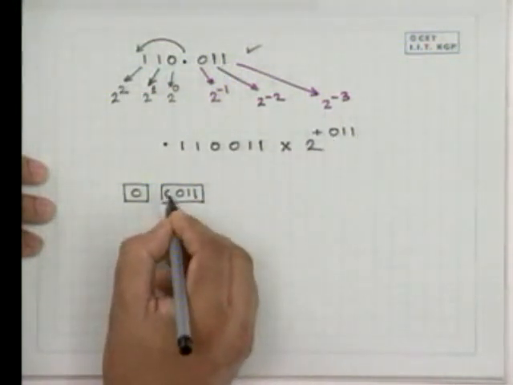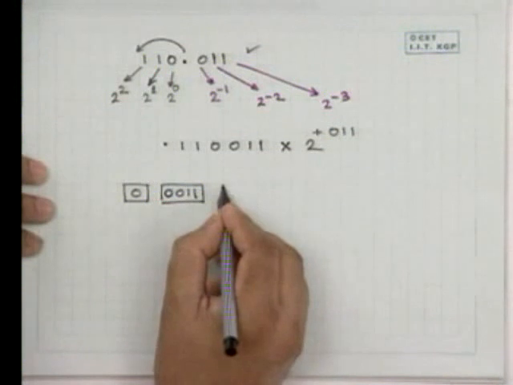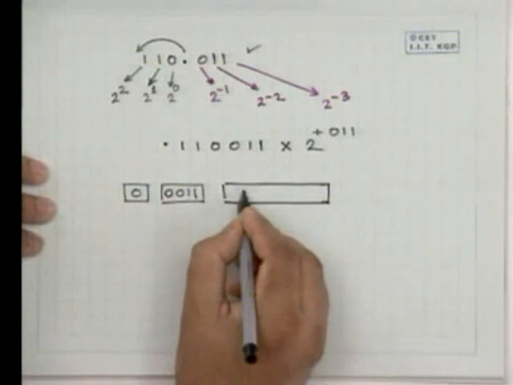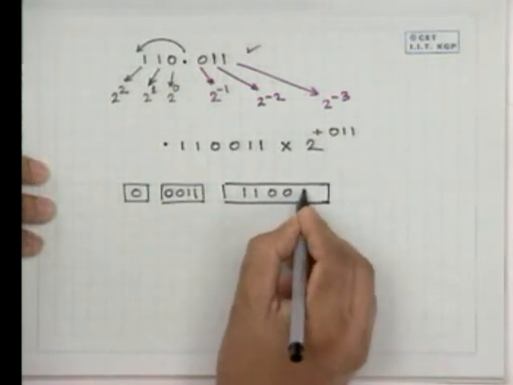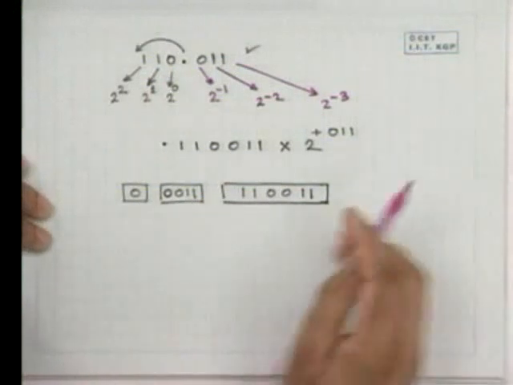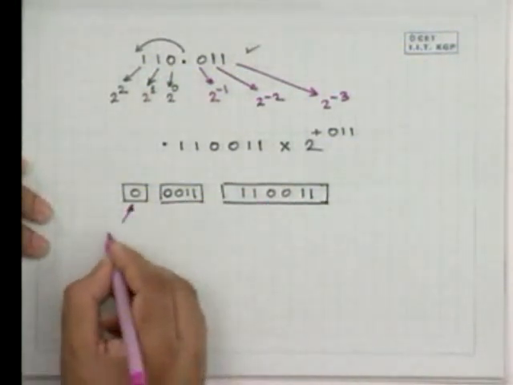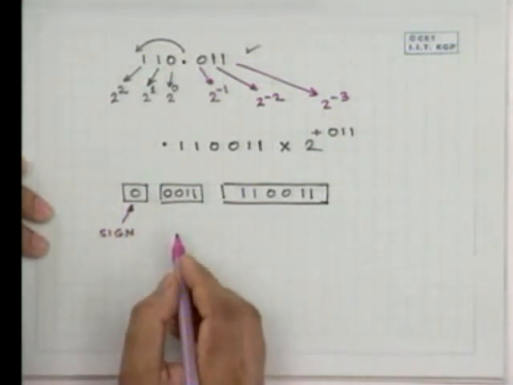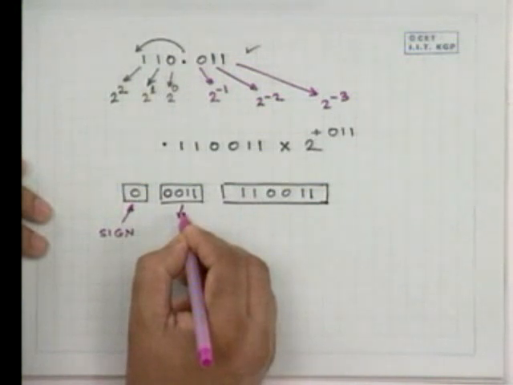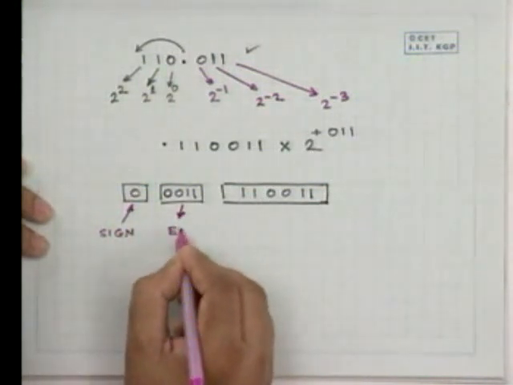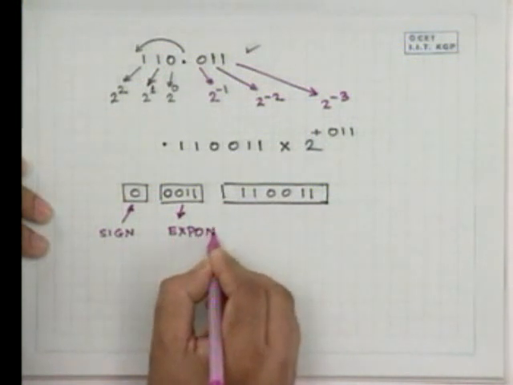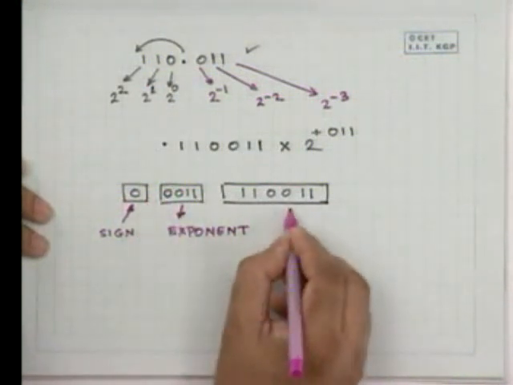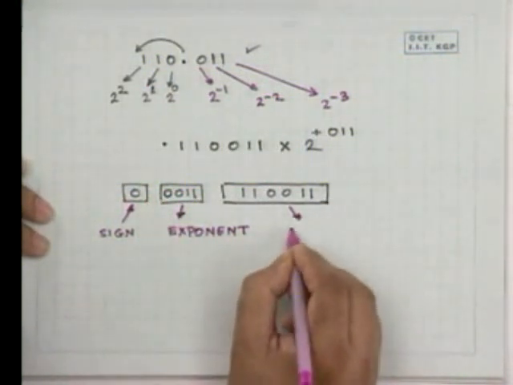To represent that, we have this 0 bit over here, and then we have what we call the mantissa bits, that is 1, 1, 0, 0, 1, 1. Let me see, this is our sign of the number, this is the exponent, signed naturally, and this is our